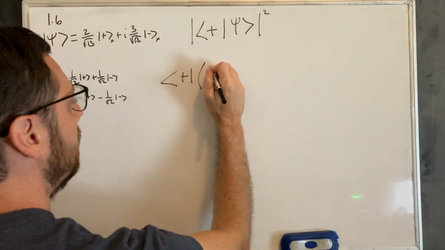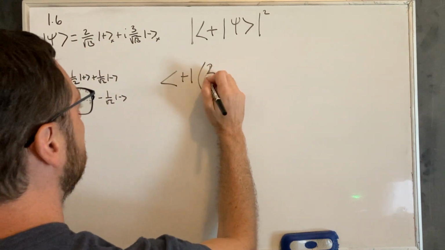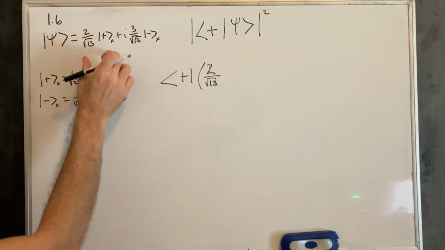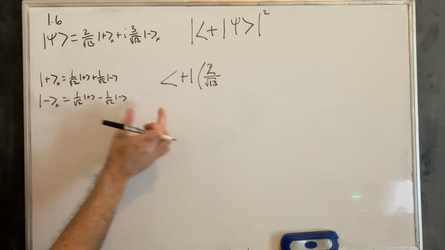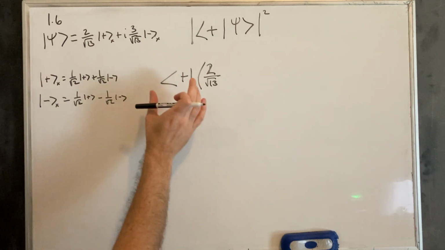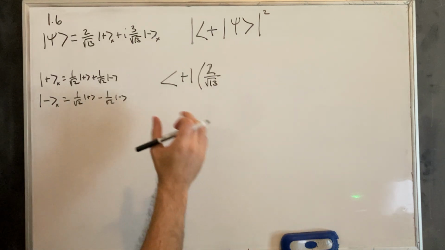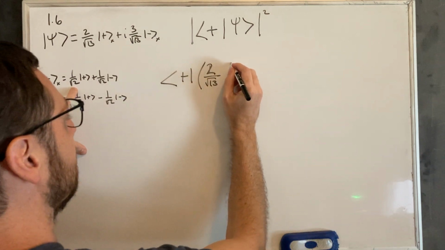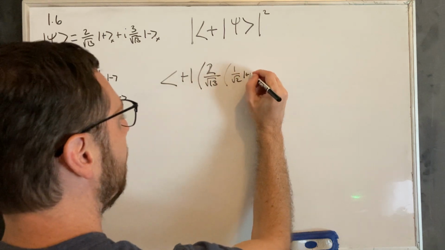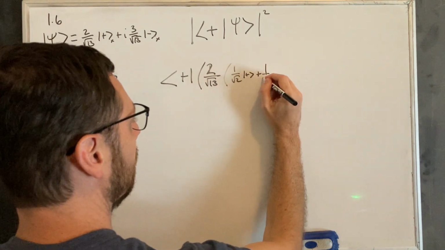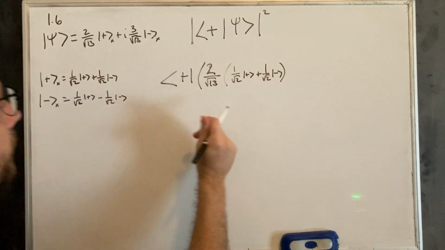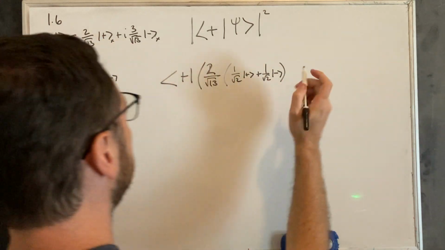So we have 2, that's a 1, 2 over root 13. But then we have this ket right here. And that ket is this. So then we're talking about just z basis at that point, and we can forget about the x basis from there. So let's go ahead and plug this in. We have 1 over root 2 up plus 1 over root 2 down, right? And then we're still going here, plus